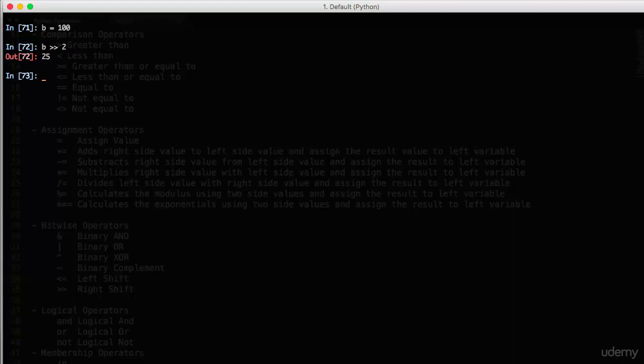Initially we need to check what was the binary representation of B. The binary representation of B was 1100100. Let's check, we have applied the right shift operation on this variable B. So the result was 25.